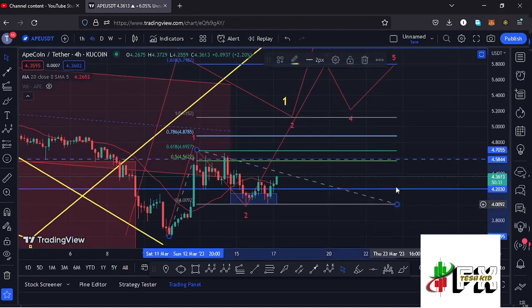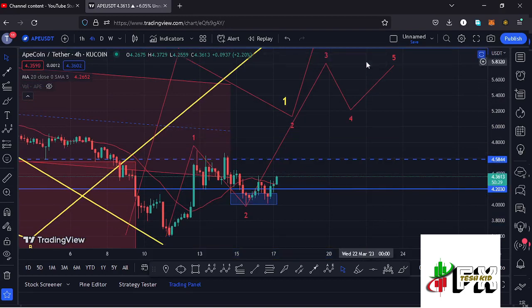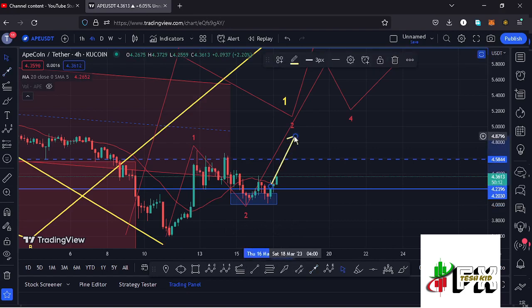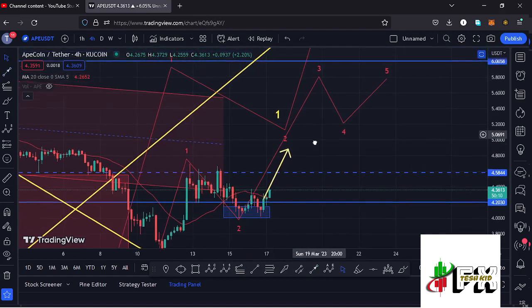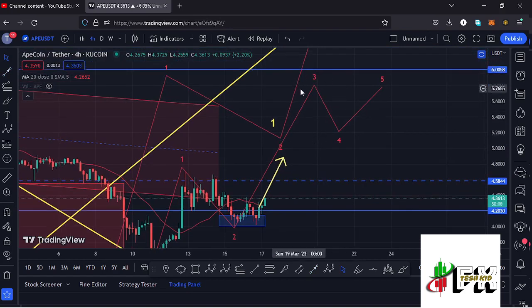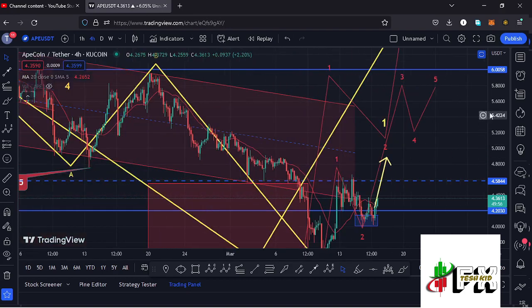And for that move to also play out, we need to continue holding above the 20-day MA and also above our key area of support at around the $4.03 mark, and once we continue holding above that, then we need to continue watching the wave 1 high, which lies at around the $4.7 mark, and a break above the wave 1 high. That will be enough confirmation that whatever we are seeing is the start of this massive run up to the upside in the formation of this wave 3, having our target areas at around the $5.7962 mark, and that is what I'm expecting here on the short-term scenarios on the Apecoin chart,